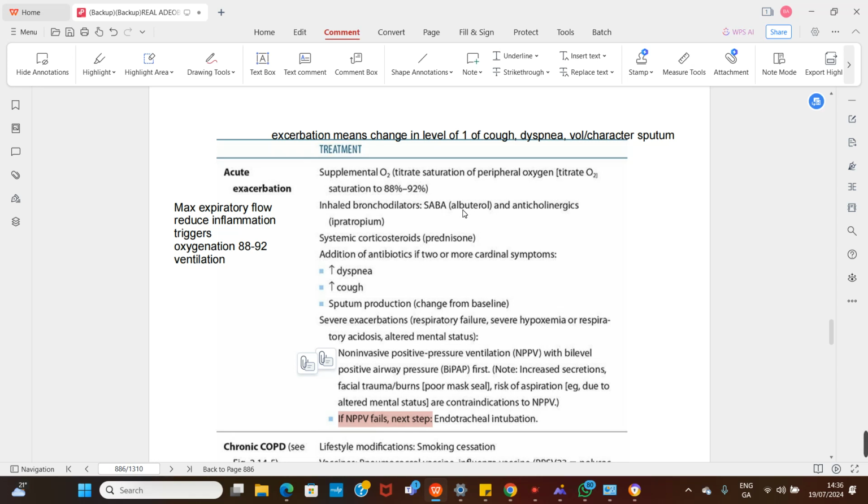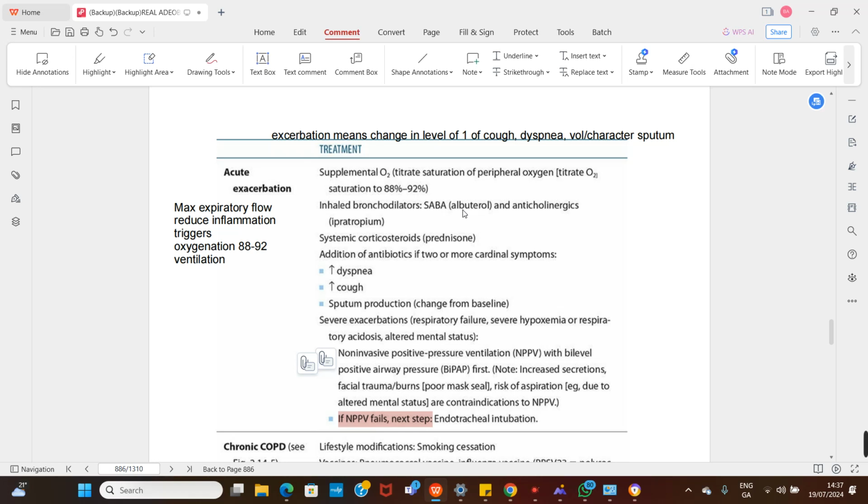Decrease ventilatory drive, which can cause hypercapnia. Once you try to figure out that this patient has infection, what are you going to see? If the patient has any two of the things we are listing, which is dyspnea with increased cough, or changes in sputum production, either the sputum becomes more in volume, or the character of the sputum is